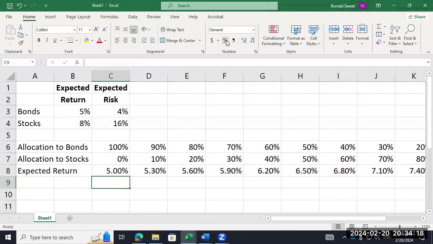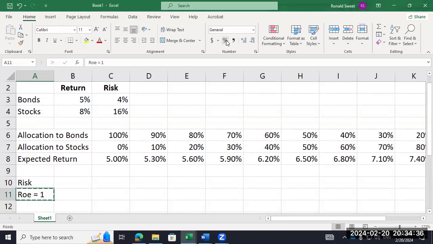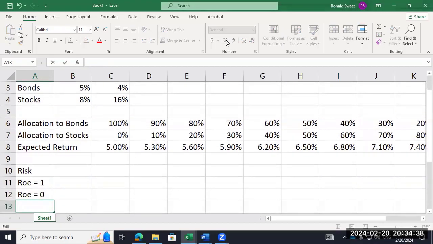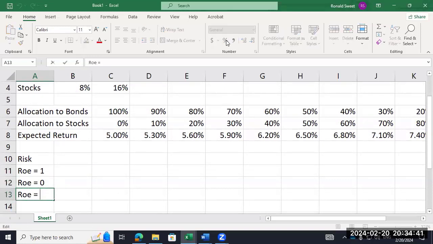All right. What about risk? Can we do the same thing? What's missing on risk? We have one piece of data that's missing here. Correlation. What if rho is 1? What if it's 0? Or what if it's -1? Rho is correlation. I guess rho is R-H-O, right? Excuse me, I don't know how to spell rho. I'm doing R-O-E. All right.